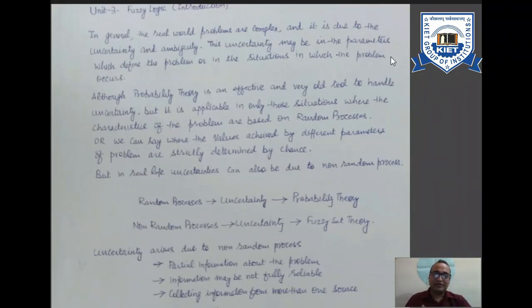Say for example, if I make a set of the tall students of the class, according to my understanding, I am considering those who have more than 5 feet 6 inches height. I am considering that they all are tall. So I include the students who have good height, more than 6.5 feet. Say for example, if this task is given to some other person, and according to his perception, he makes a set of those students who are taller than 5 feet 8 inches,